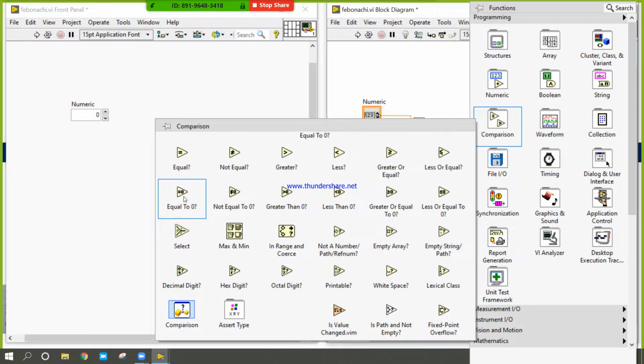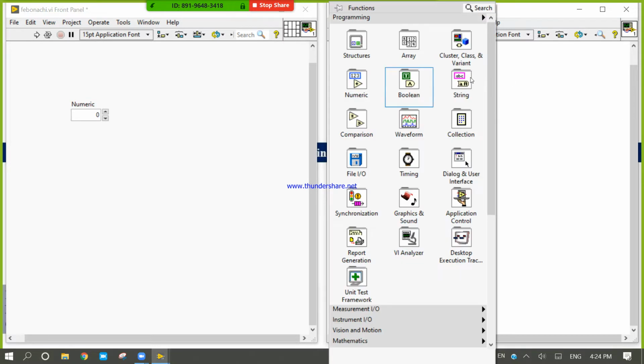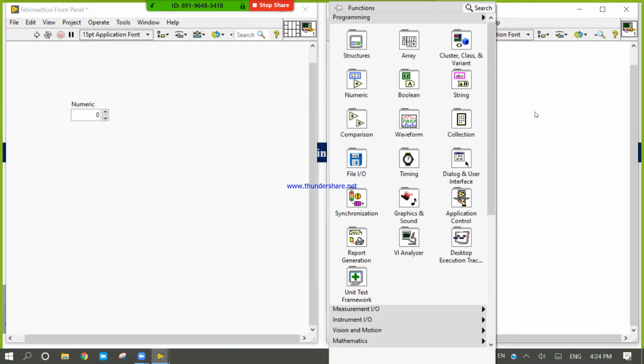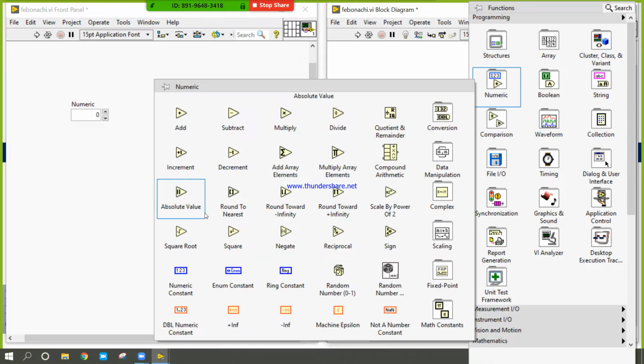If remainder is equal to 0, then the given number is positive, otherwise the given number is negative. I know all of you are aware of all these functions because it's the fourth day.